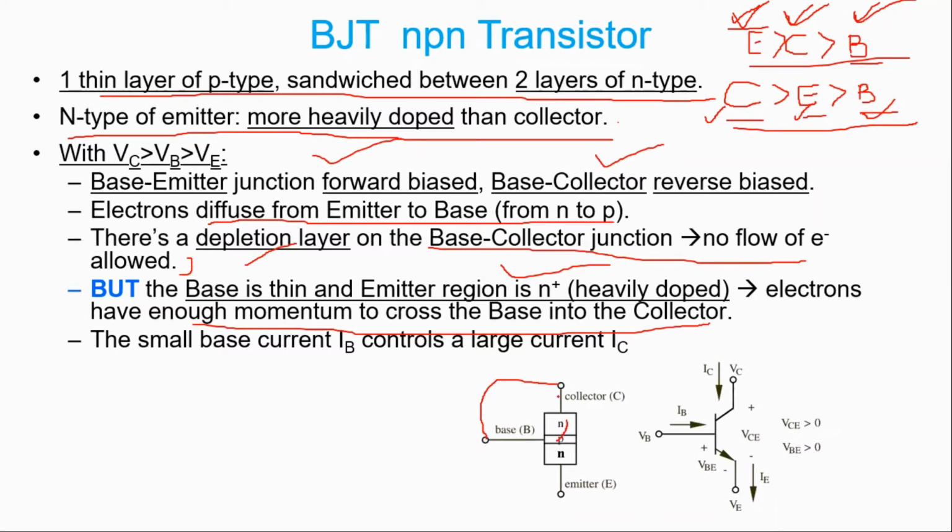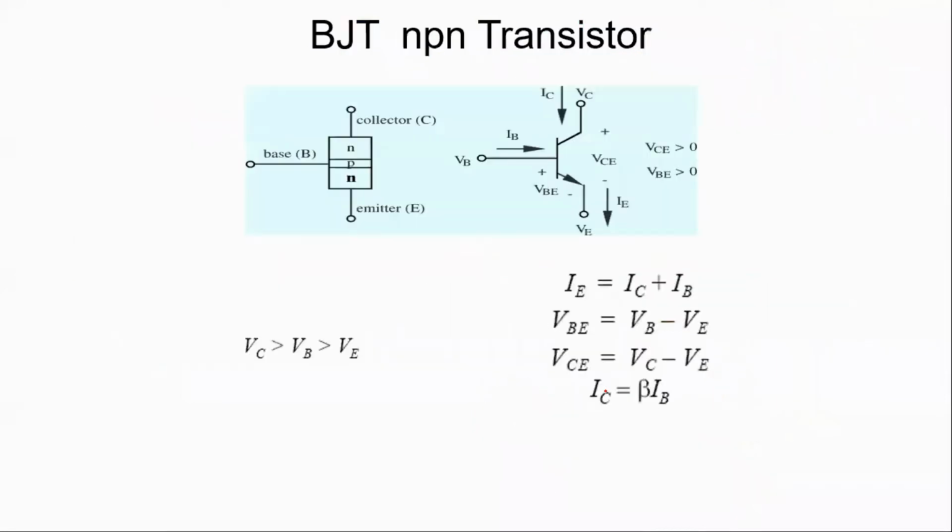That we will discuss in tomorrow's class. The small base current controls the large collector current; that I will also discuss tomorrow. But today's main purpose is that you should know what a transistor is, what the various types of transistors are, what its terminals are, how they are doped, and something about their areas.